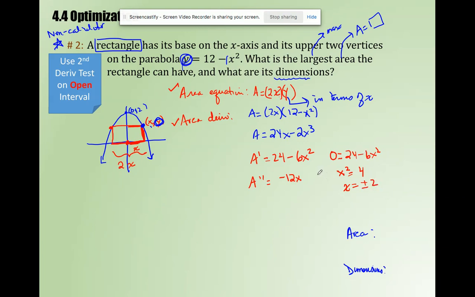Right? I'm going to divide everybody by 6. I'm going to get x squared is equal to 4, and then x is equal to plus or minus 2. Since I'm talking about the length of a rectangle, I don't need the negative. So I am going to take my suspect